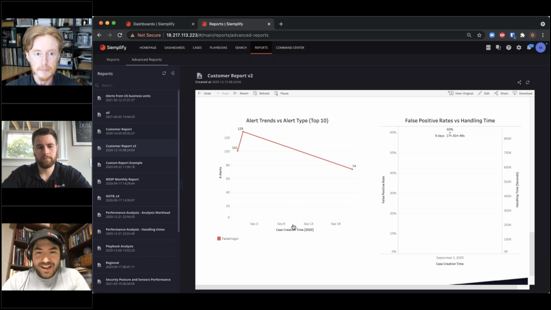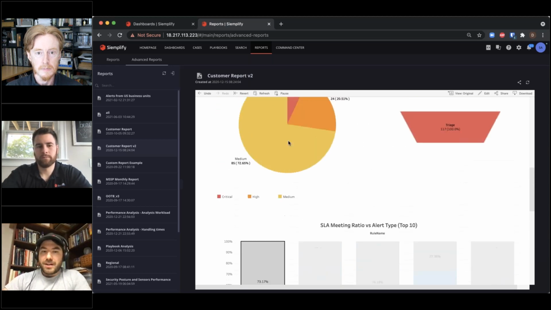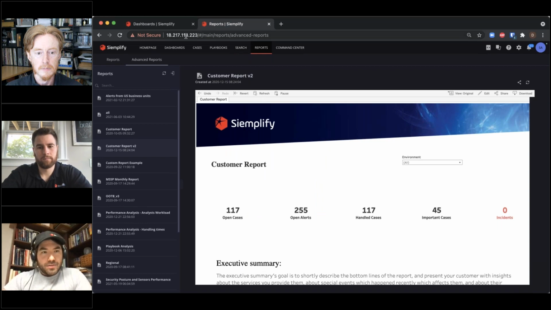And I could look at whether it's handling time, or how long is it taking us to respond to this, or really whatever metric I want to drive from the data that Simplify is collecting, from even products. If I have a specific set of products that I'm looking at, which ones are creating more alerts than the other ones? Are we handling those fast? I mean, you can start to drill into that data and really start to understand exactly what is going on. How are we seeing that trend go downward, or is it kind of going up? Where are we seeing that data working for us to show us how our stock is doing really from that perspective? And so that's where we get into some of that reporting.